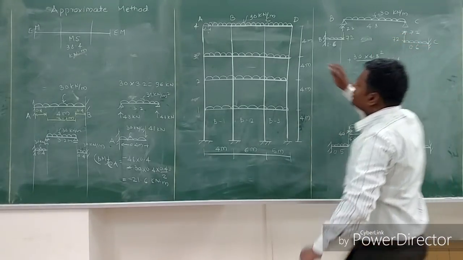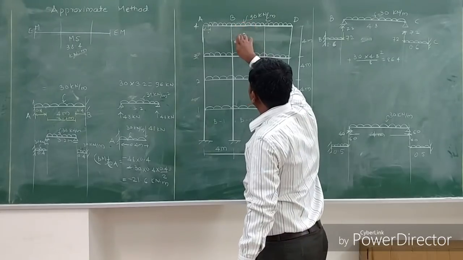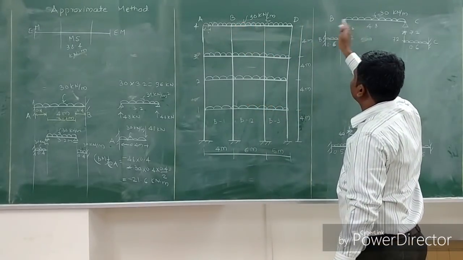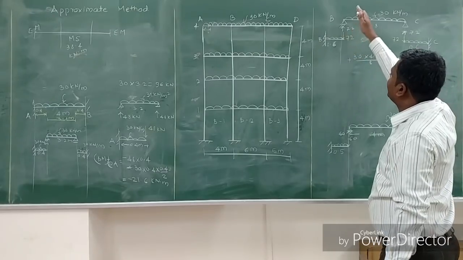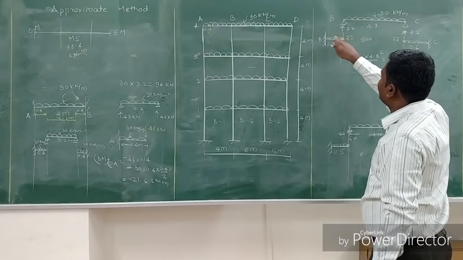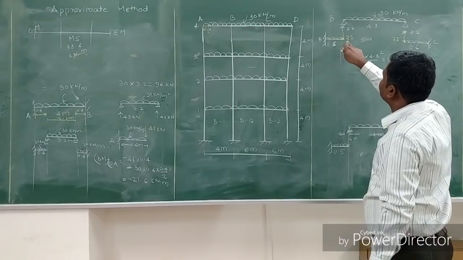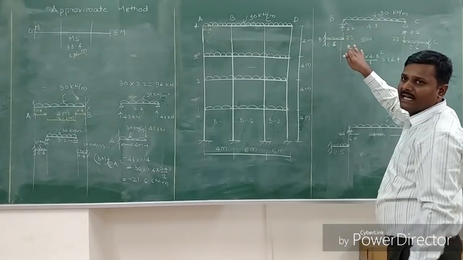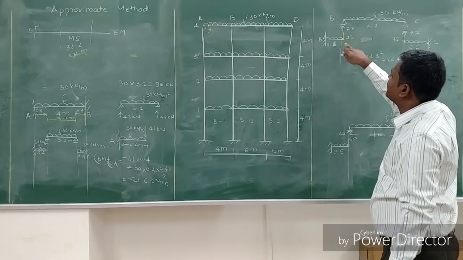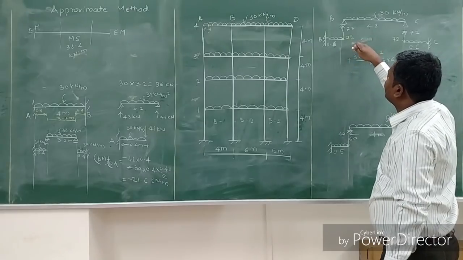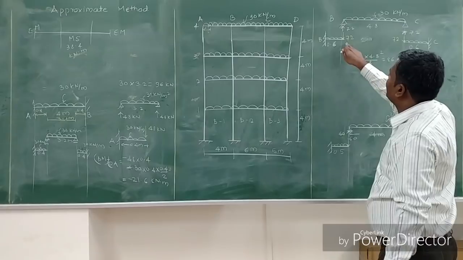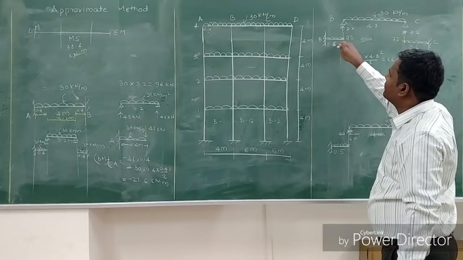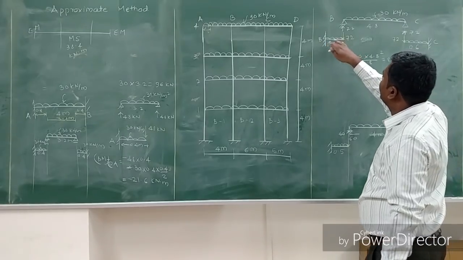Now as we have assumed the point of inflection acting at 0.1 L, the direction of forces will reverse on the other side. So if 72 is acting in the upward direction, then on the other side of the point of inflection, 72 kilonewton for balancing, because the summation of vertical forces at this point has to be 0, will act in the downward direction. So this same 72 acts as a point load at the end of this cantilever B, which is nothing but